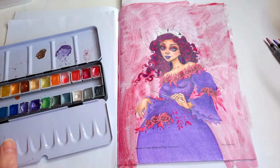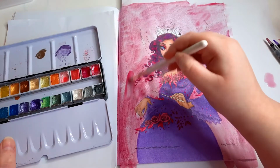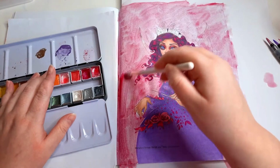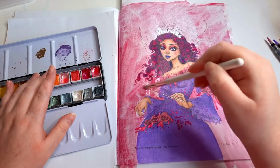Not a slump, but I have been colouring a lot. But you know when you just get sick of doing the same thing, and I want to try out some new hobbies. So when I get paid at the end of the month, I'm going to buy some diamond painting stuff, and